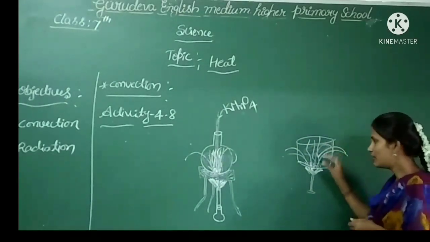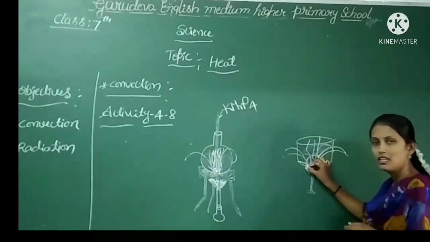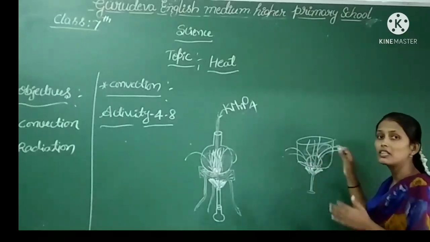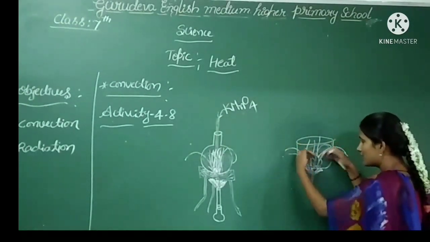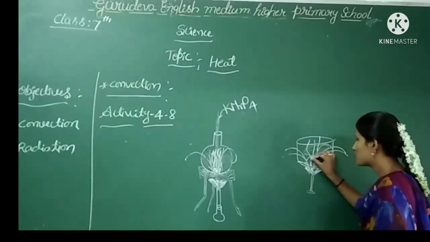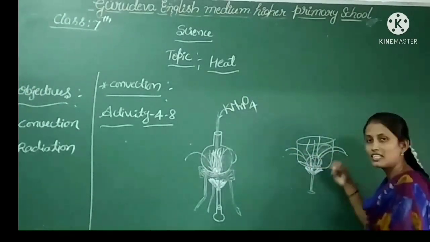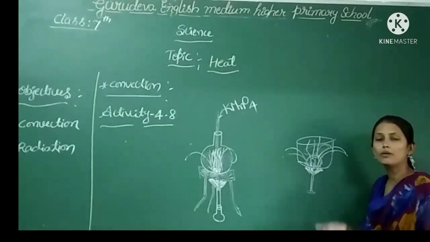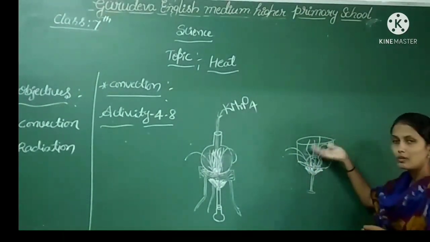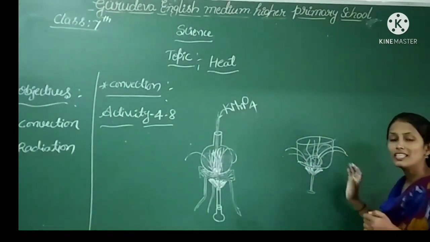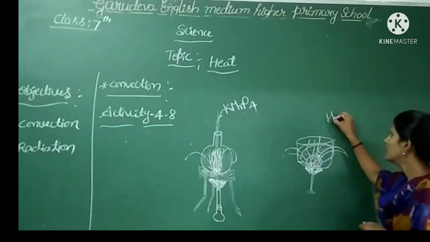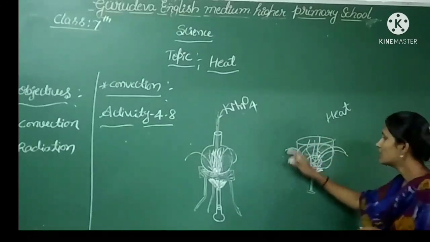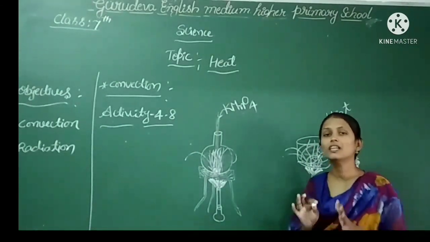When they rise up, there is an empty space. To cover this empty space, the water molecules from the side will enter. They will take the place of the empty space. Later, by absorbing this heat energy, again in the form of bubbles, the water molecules move away. Okay, so in this manner, the complete water will become hot.